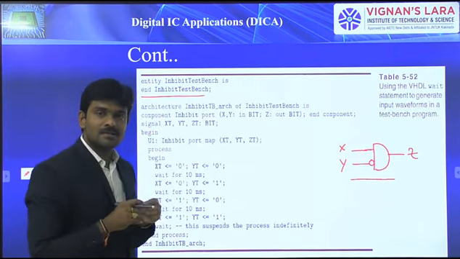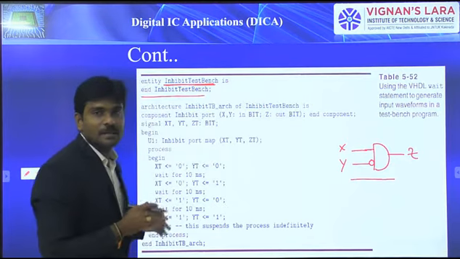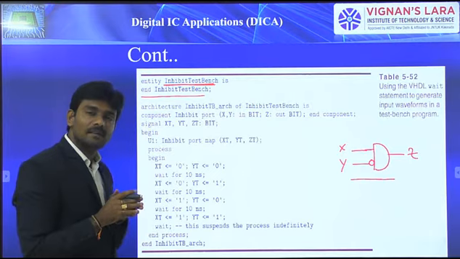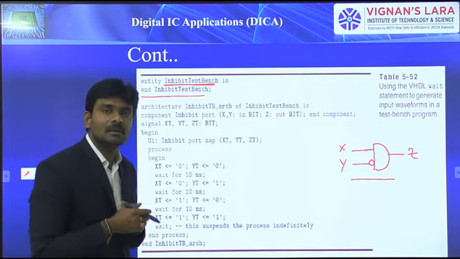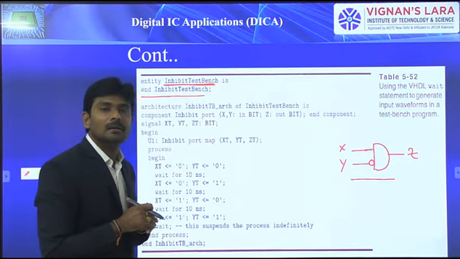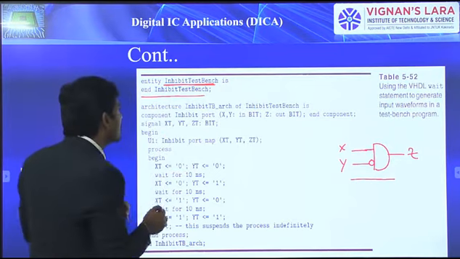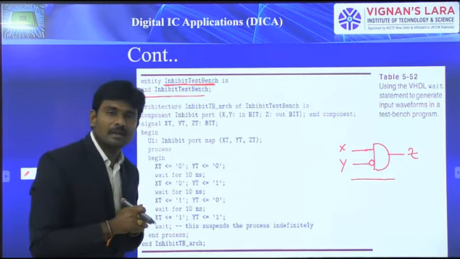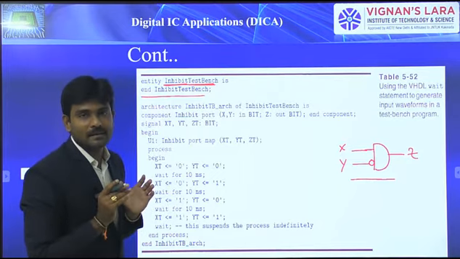As a general practice, for whatever module, for whatever entity we are developing the test bench, in addition to that particular name, we simply add testbench. This is the common practice that we follow while developing the test bench. By means of that, we easily come to know that this test bench belongs to that particular inhibit entity. So after mentioning that entity name, by default we describe testbench as a general practice.